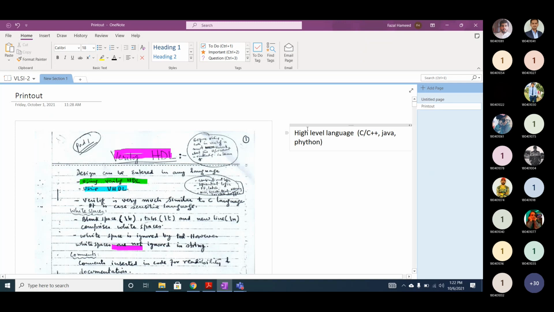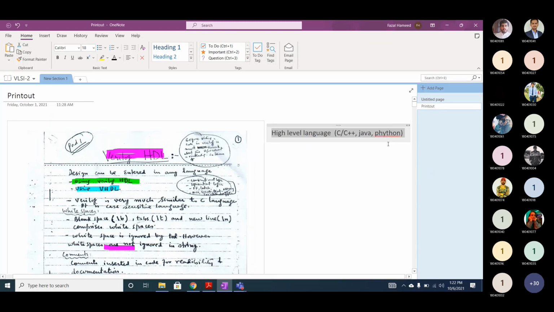To convert this high level language into machine language, which tool do you require? The compiler. The compiler translates the high level language into machine level binary.